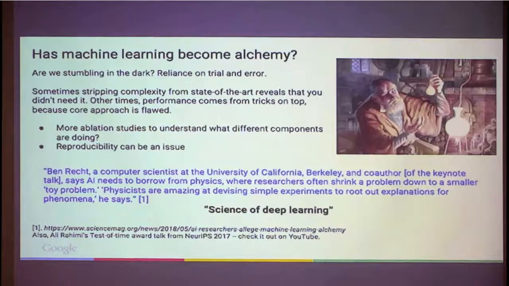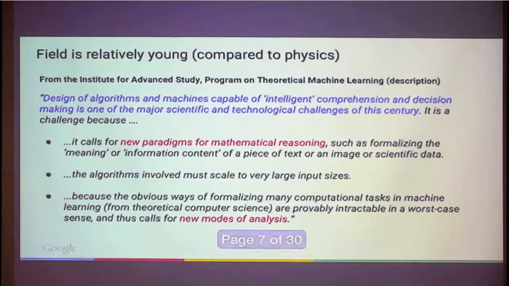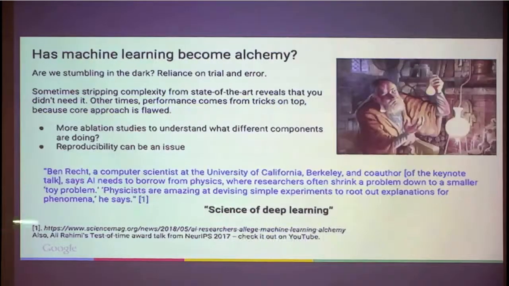And so this is overall to emphasize that machine learning is now in a phase where it needs to move from alchemy, which has produced impressive results, to something that's a little bit more principled. It's a mixture of science and engineering, and it's not this. And to that note, I want to read this other description here, which ties in with the new modes of analysis. There's a quote, taken from